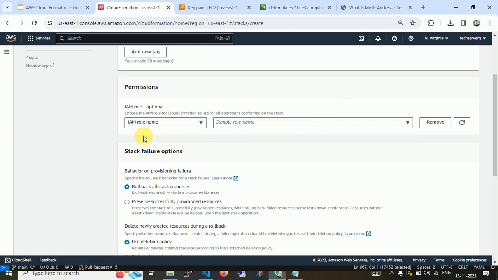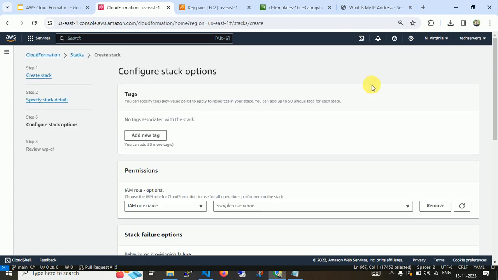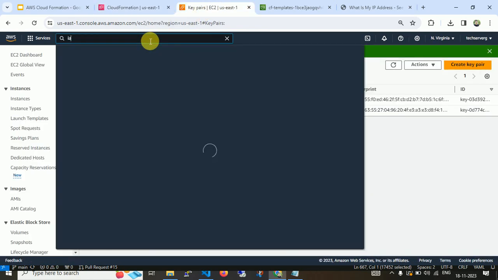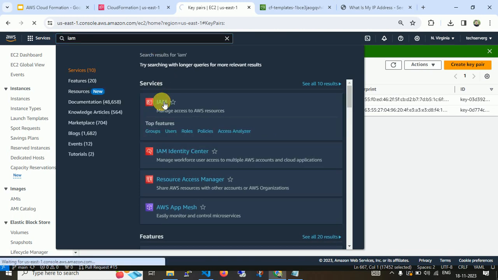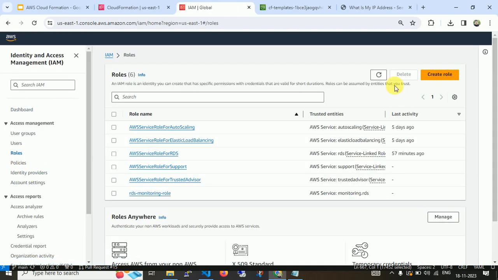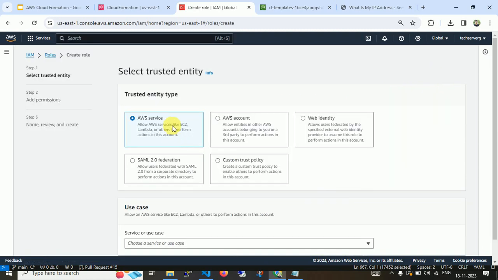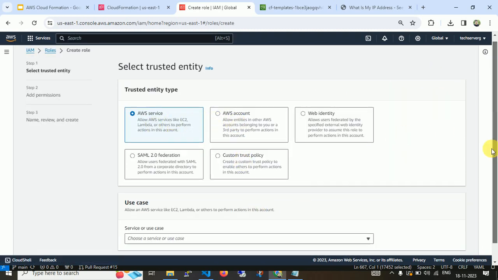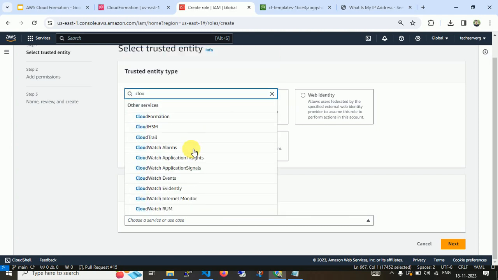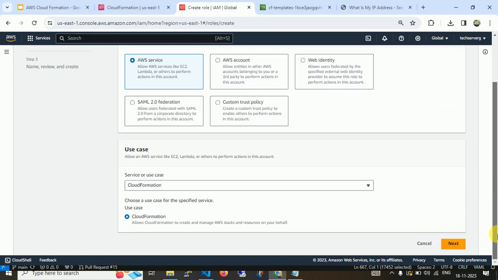No role. If you add an IAM role, then let me create one IAM role for the stack creation. Navigate to IAM. The IAM role must have rights to create a CloudFormation. To create a role for AWS service use case, let me select CloudFormation. And next,